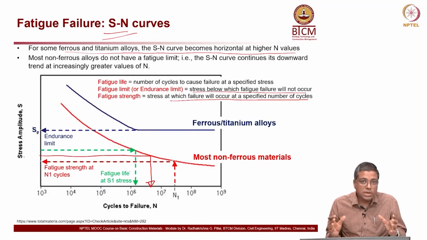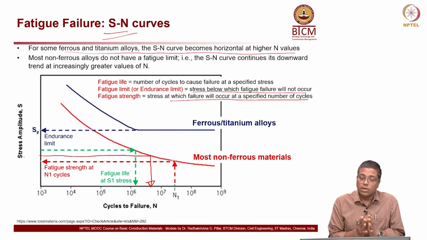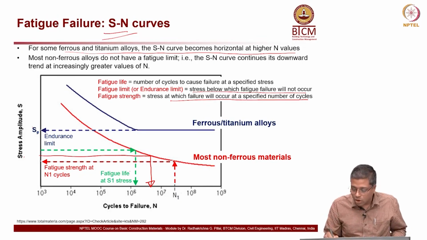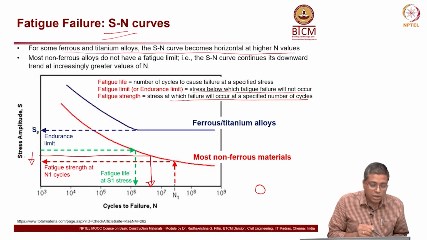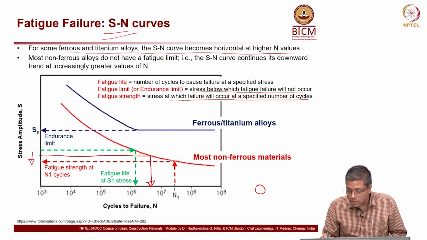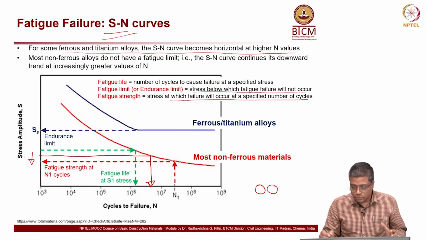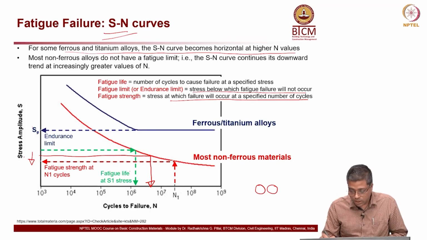So, you might sometimes want to reduce or increase the size of the column. Let us say there is a column which is originally of this size, and now you have to reduce the stress a little bit. What do you do? You put an additional column, so that the entire load coming in is going to be half, because the total load P is the same, right. Now, P divided by area is the stress.